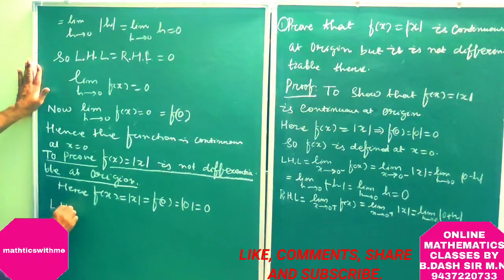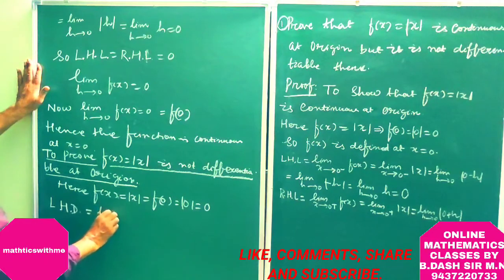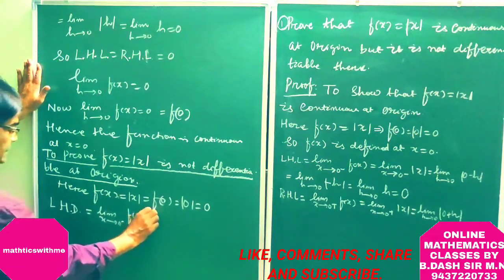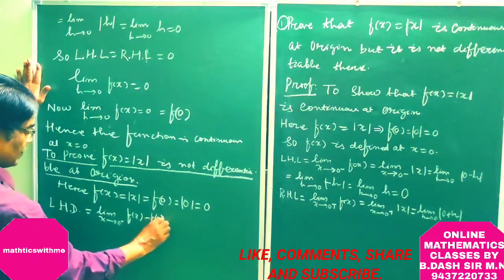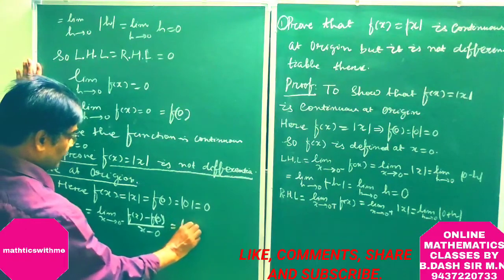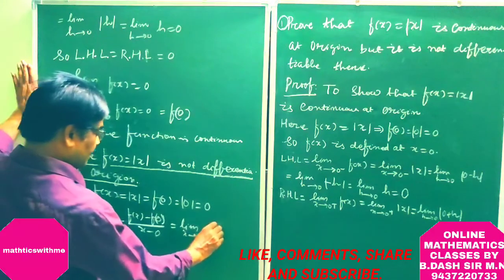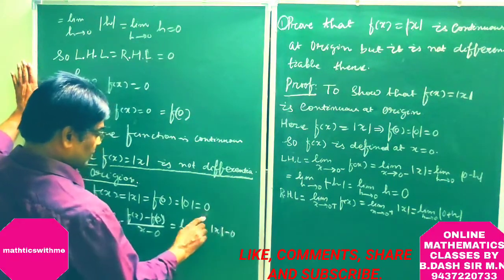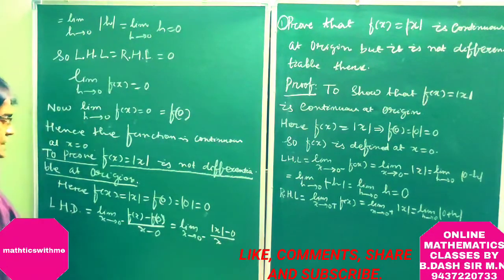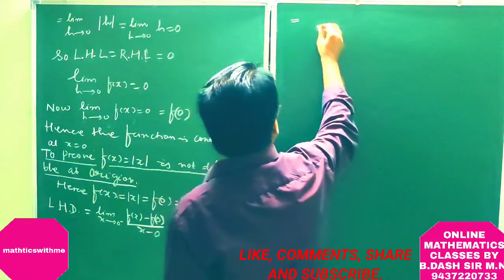Now left hand derivative is equal to limit x tending to 0 minus f(x) minus f(0) by x minus 0, which is equal to limit x tending to 0 minus, f(x) is mod x, f(0) is equal to 0, by x minus 0. This is equals to limit